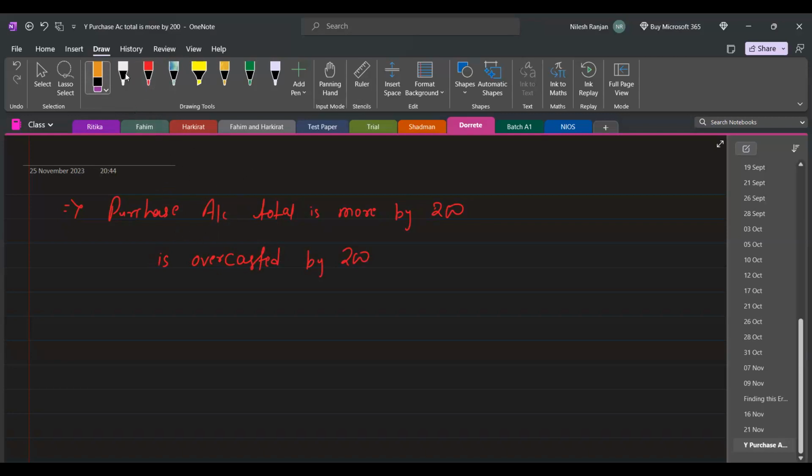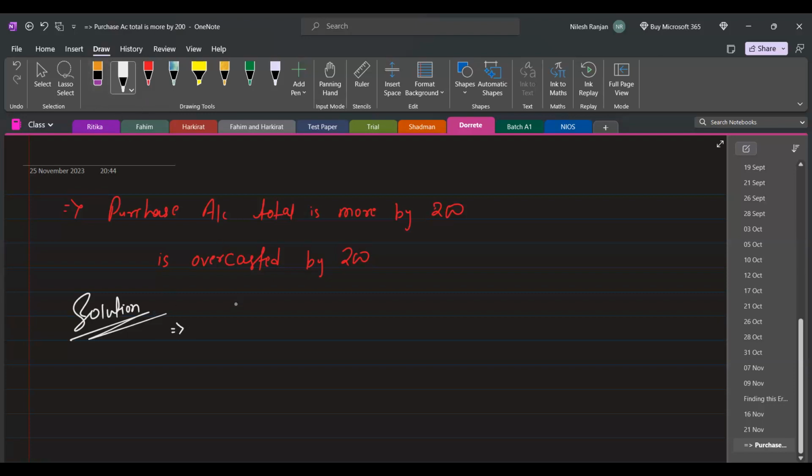This is the question. Now, sir, the solution. What will be the solution of this? You don't have to prepare any account. You don't have to pass any entry. You don't have to do any calculation. What we have to do? We have to write a single sentence,